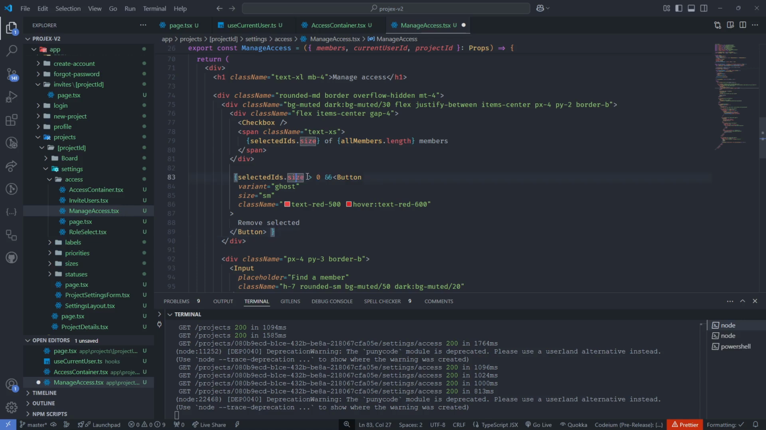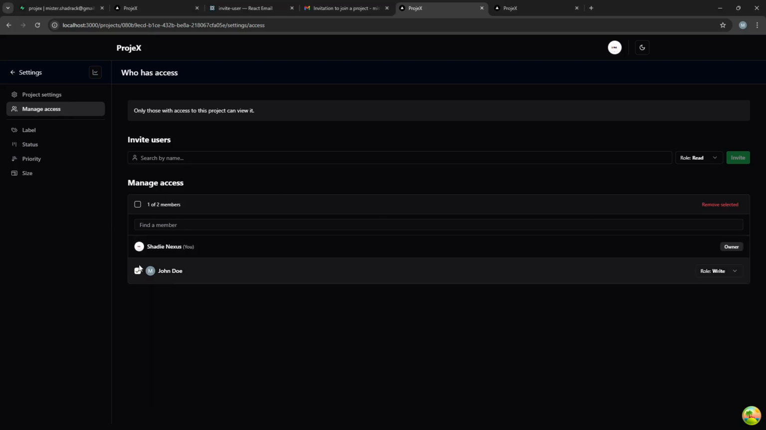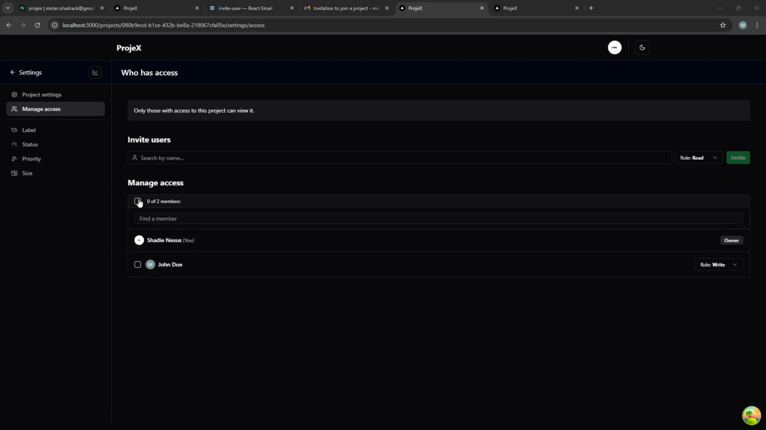Selected IDs.size is greater than 0. That's where we are going to show this button. Alright, so the button is gone. But now if I select a user, as you can see 1 of 2 members selected, then the button shows up. We also want to make sure when we click on this, it is going to select all the members,